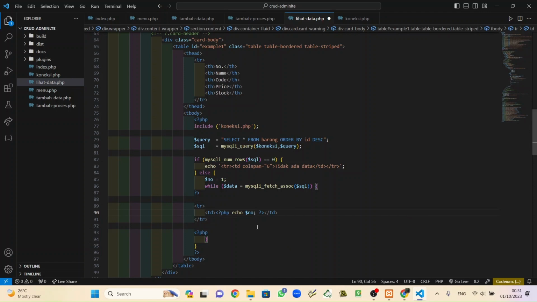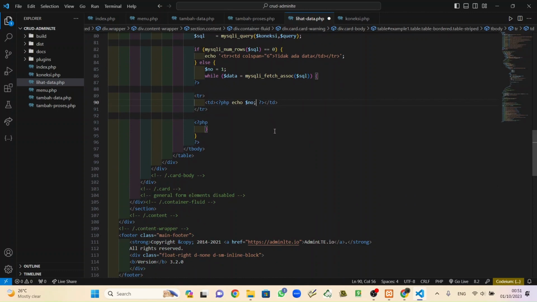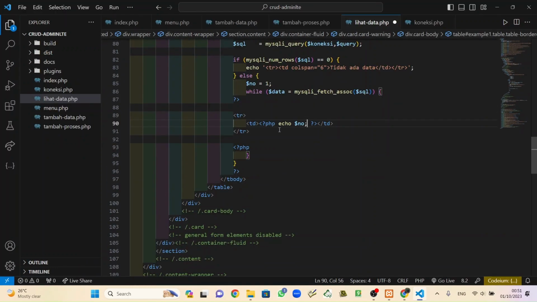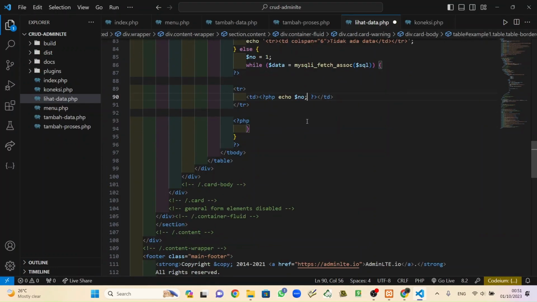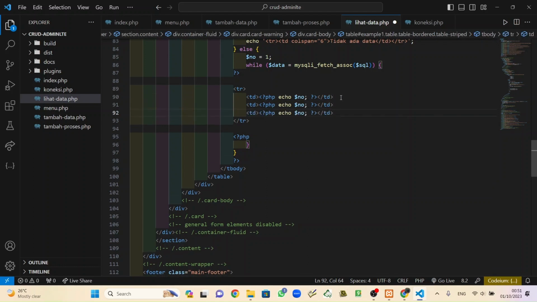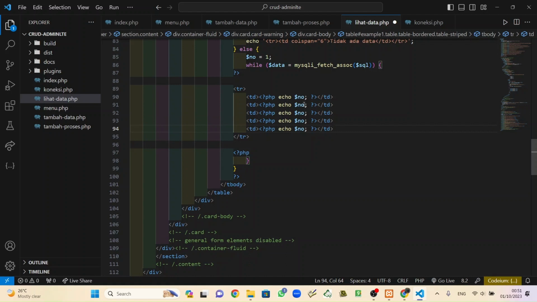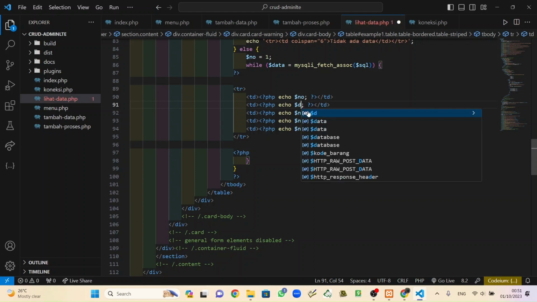Copy this thing. If you can see, I will make this bigger, and I hope that's enough. Okay, that's enough, right? And Alt Shift down 5 times. Alt Shift down, and then that's enough. Echo. Oh no. Data.